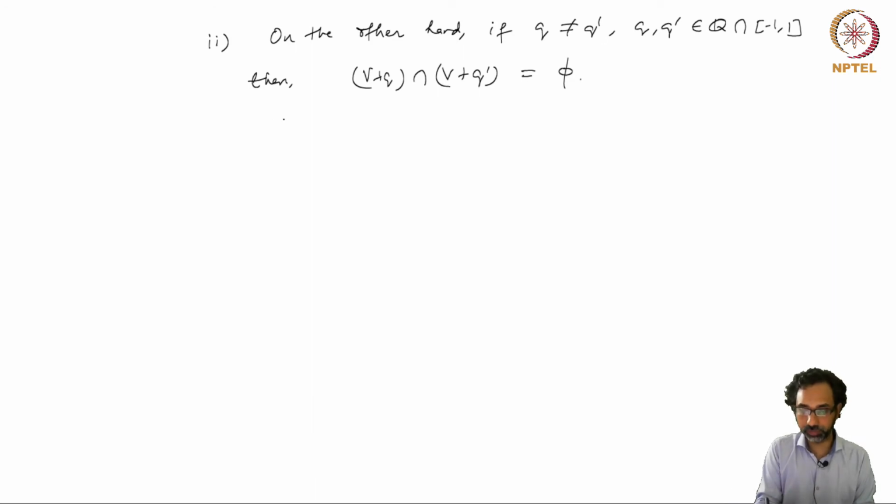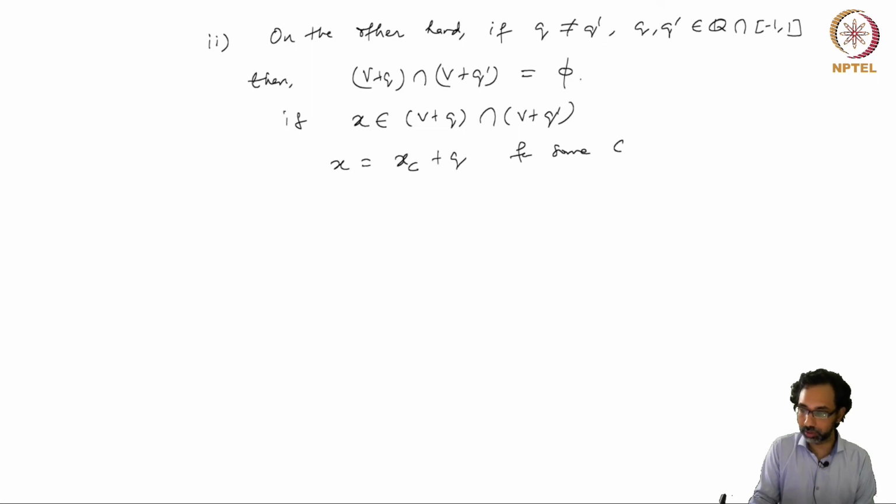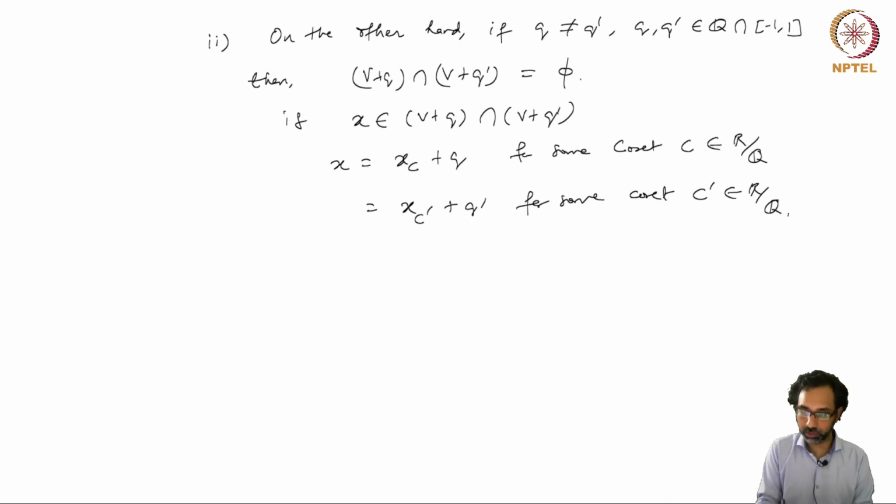This is because if x belongs to (V plus q) intersection (V plus q prime), then x can be written as x_C plus q for some coset C in R mod Q, and it's also equal to x_C' plus q' for some coset C' in R mod Q. So this implies that x_C is equal to x_C' plus q' minus q, but this is again a rational number,